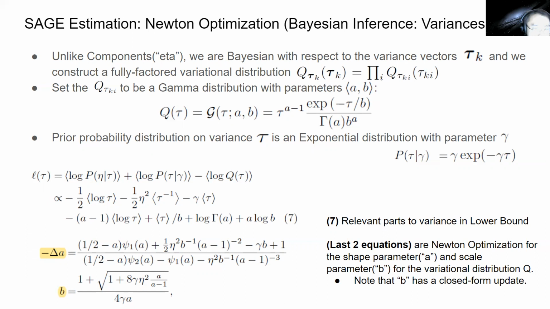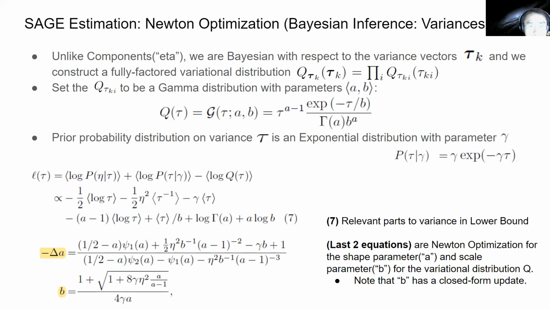we choose the gamma distribution, which is also in the exponential family, right? And this gamma distribution has two parameters, the shape parameter and the scale parameter. We know that the product of these two, shape and scale, is equal to the mean. In this case, since our interest is in the variance tau, the mean of this alpha and beta will be equal to the expectation of the variance, tau, okay? So this is just the PDF, probability density function, of the gamma distribution.